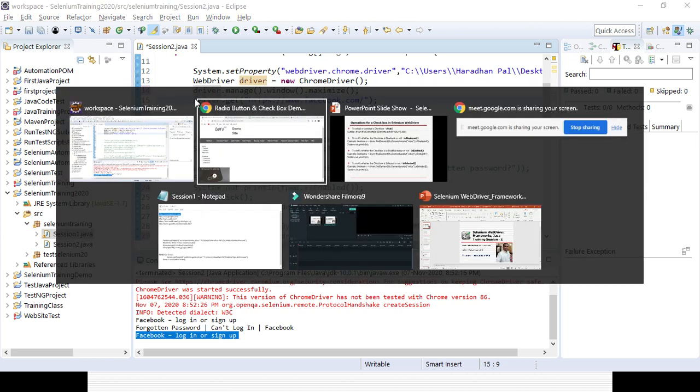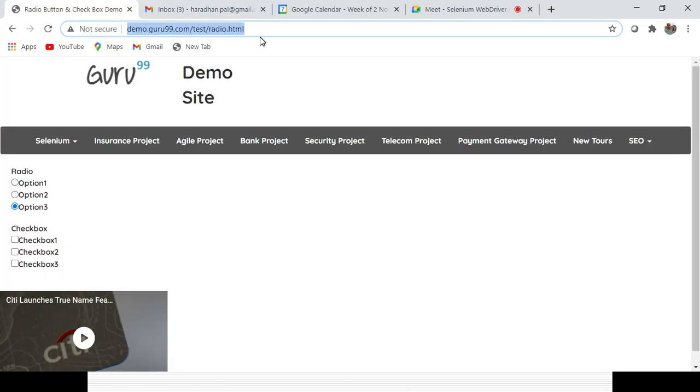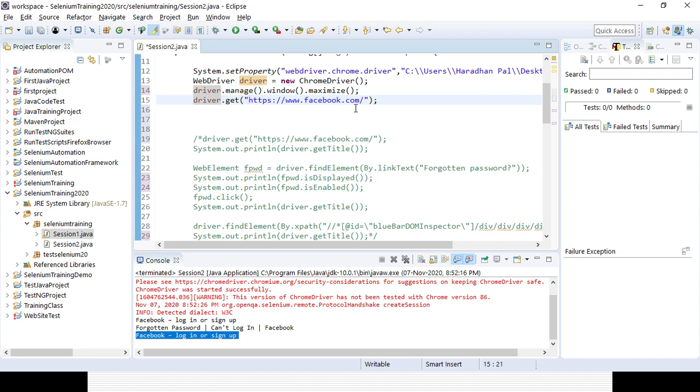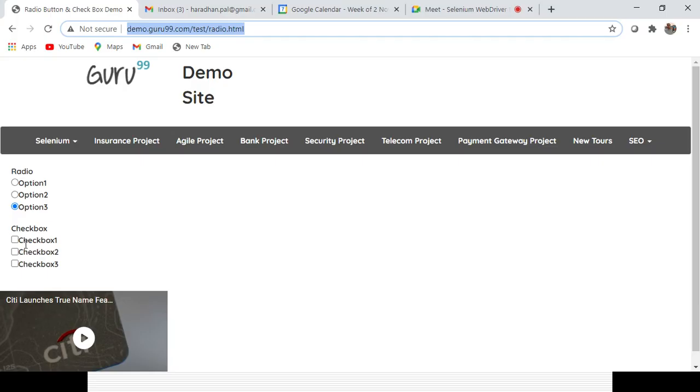I need to pass the URL first. After the URL is added, I need to identify any of the checkboxes here. I need to inspect it, right?